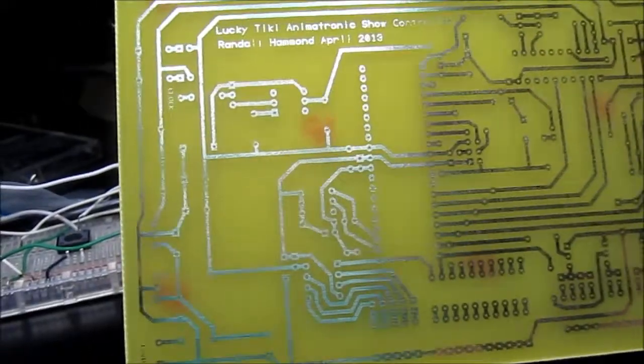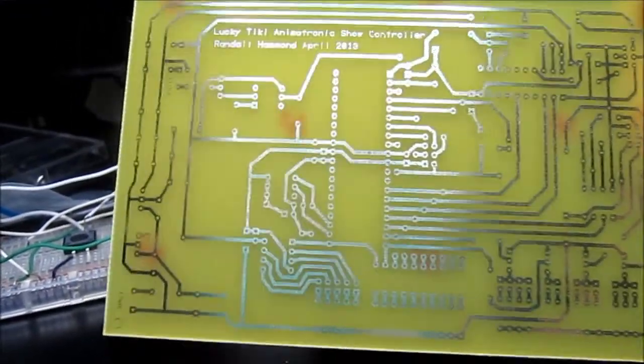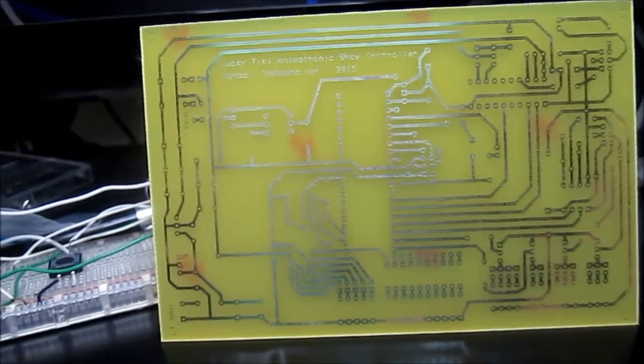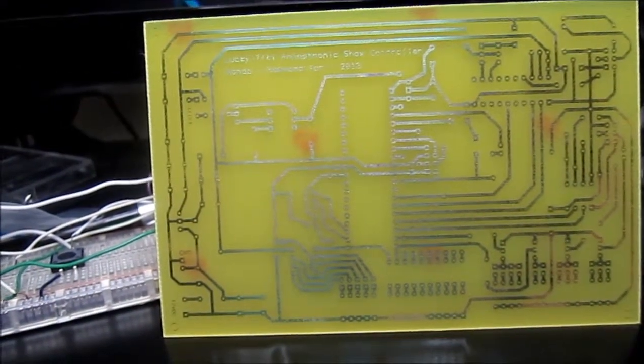I etched my first circuit board. It's not perfect, but it will work. The things that are wrong with it, I can fix. If I had to do it all over again, what I would do was, the kit said to leave